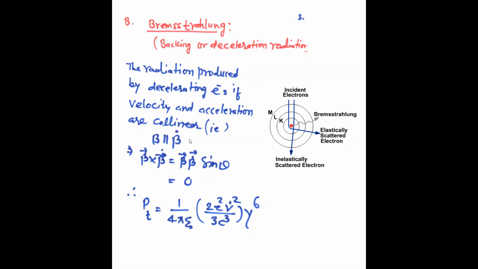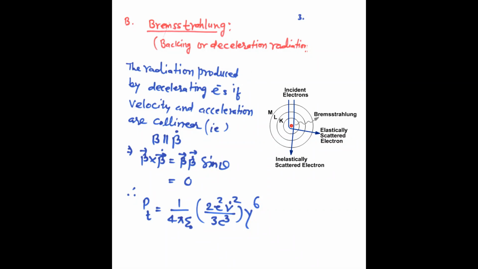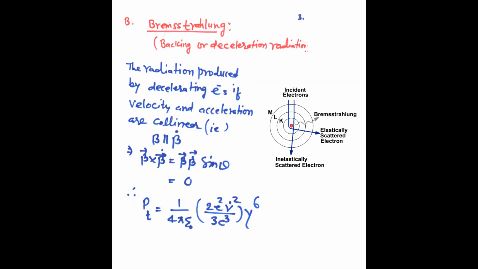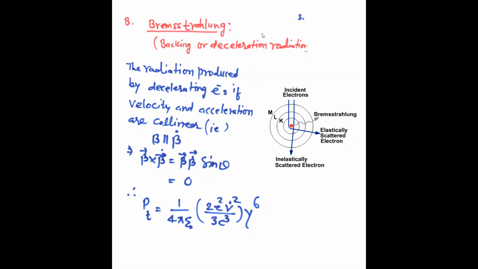In a pelletron accelerator, basically the particle velocity and acceleration are both in the same direction. In circular motion, you know that the velocity and acceleration are always perpendicular to each other, like in the betatron. Betatron is an example of a circular accelerator, or magnetron. So Bremsstrahlung is simply a phenomenon in which a highly energetic electron collides with an atom or nucleus, due to which its energy is decreased. That is, there is a deceleration in the charged particle, and this decelerated charged particle emits radiation. So both beta and beta dot are parallel to each other.